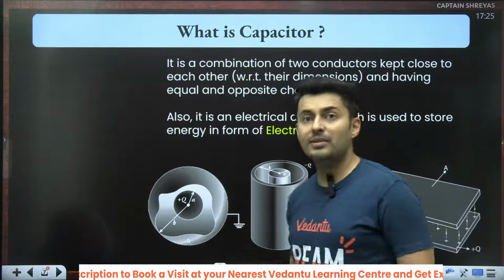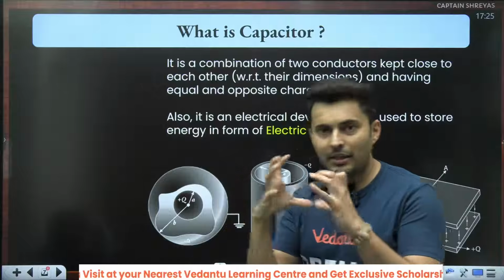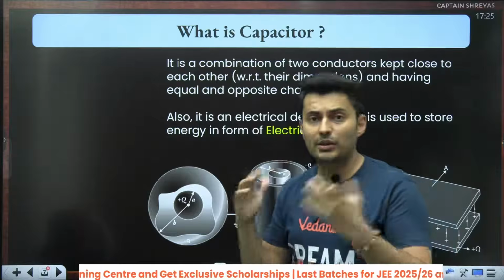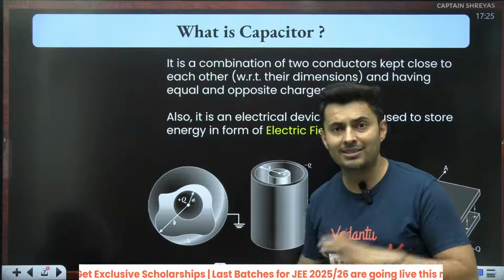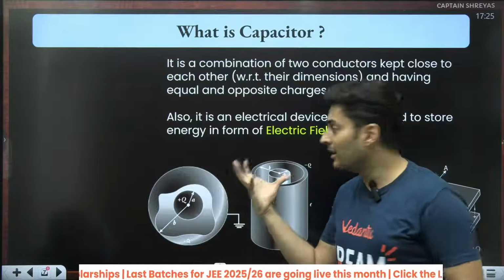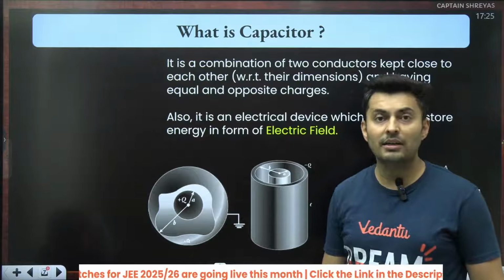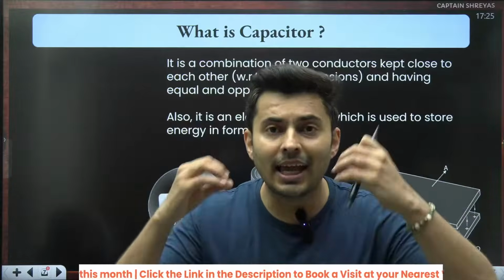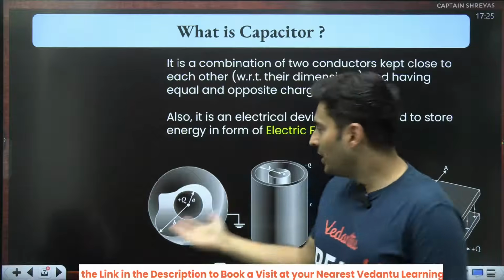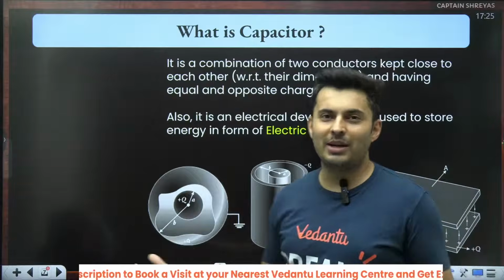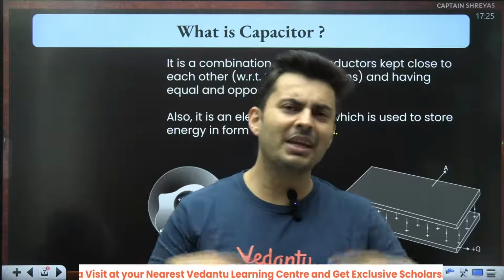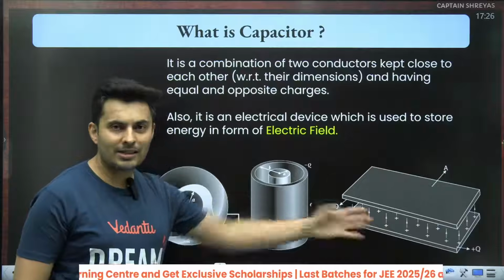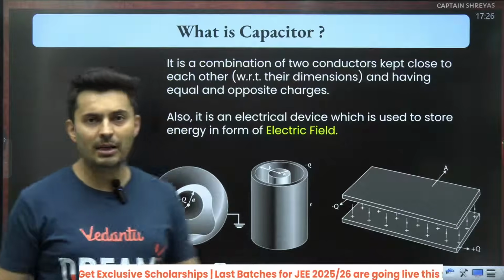You can similarly have a spherical capacitor where there are two concentric spheres, one positively and one negatively charged. So the electric field naturally goes from the positive to the negative. That field ends up storing the electrical energy in that particular region. That is called a spherical capacitor. You can similarly make any number of types of capacitors. You need not stop at these three. You can make a square capacitor or a cube capacitor. You can make something else also. It's completely up to you. But in the JEE syllabus, we just study these three capacitors: parallel, cylindrical, and spherical.